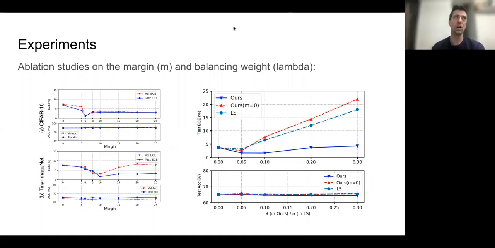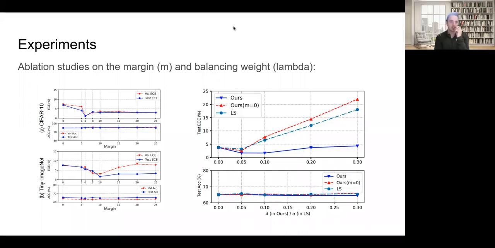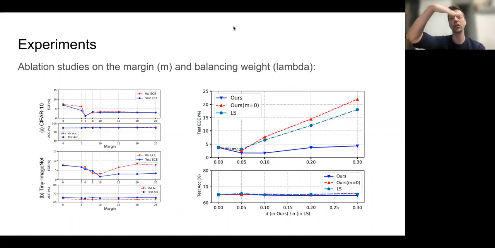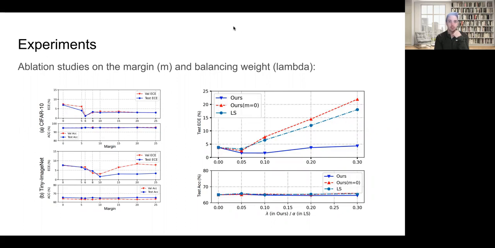Or you can apply a temperature scaling on all the models so that they're fair. We did that. In the curves, you can either shift the curves up or down so that they fit the best possible. We also did it in the rebuttal, and we show the gap is smaller because with temperature scaling you remove a lot of miscalibration, but there is still a gap between label smoothing, focal loss, and our method.